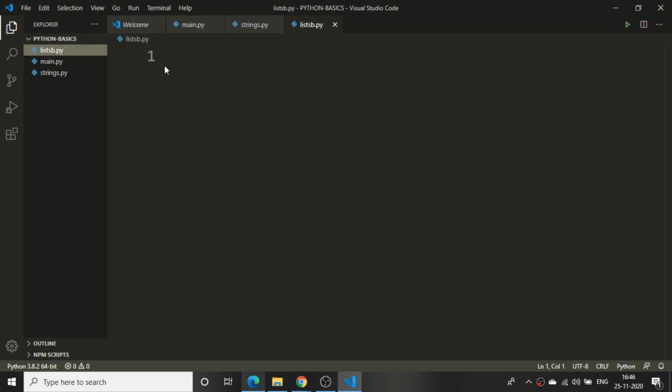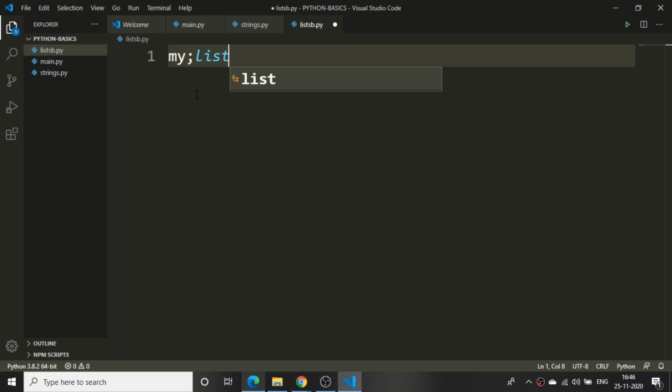Now you want to see how the list will work. So list is something normal. Suppose I want to specify any stuff into the list, I'll just tell my list. This is my list. Whatever stuff you are specifying into the list should be inside the brackets. What we call this is a square bracket. Whatever is inside the square brackets will be recognized as a list.